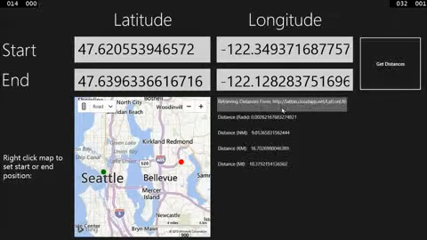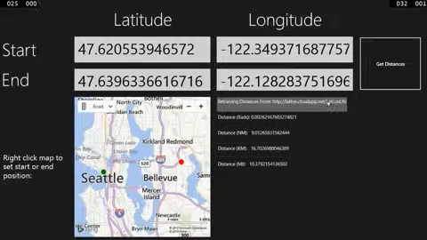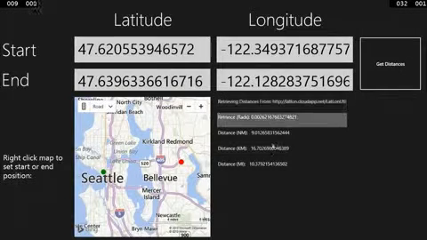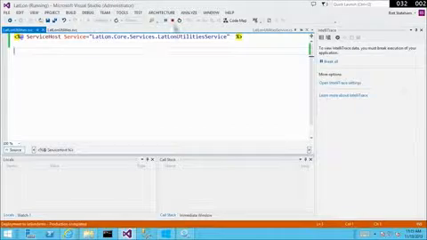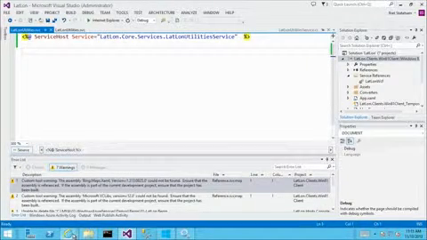I'll just hit get distances, and all I'm checking is latlon.cloudapp.net. Boom. So it really did go up to a web role running inside a cloud service and pulled my distances back. All right. So pretty cool stuff. The last one then would be